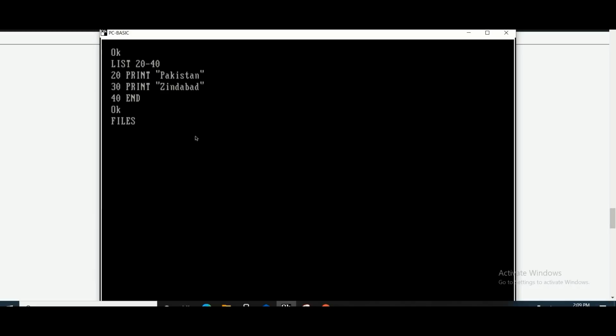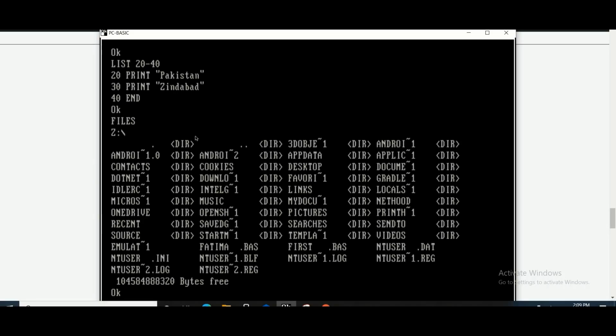Here we have to use a command which will show all the files and directories available on a particular drive, right? So here you can see these are the directories, because I have told you that BASIC is an old language, so it is showing you a format which is just like if you use DOS operating system.